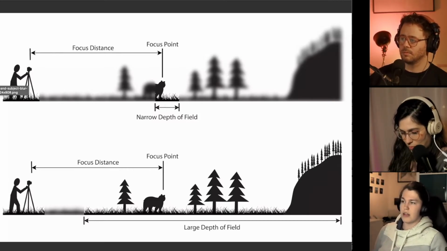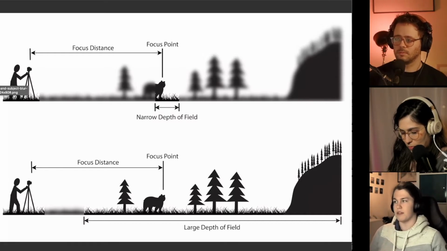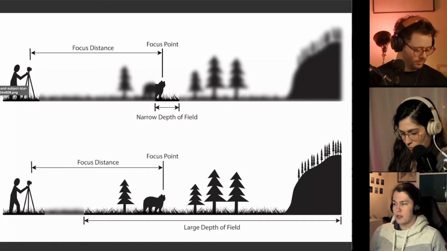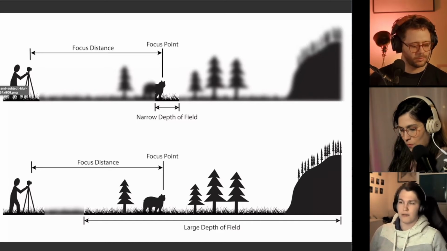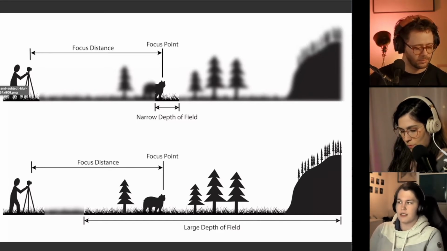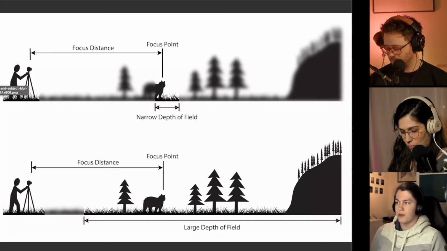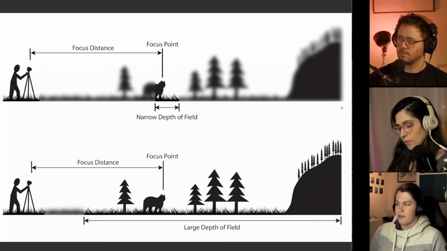So everything depends on the aperture when we were talking about the depth of field and the focus distance. Generally speaking, you can say the faster the lens is, or the larger the hole in the lens, the higher the aperture, the more narrow is the depth of field. So this is what you see in the first picture, the one on top, where basically only the head of this animal is in focus and everything else is blurry.